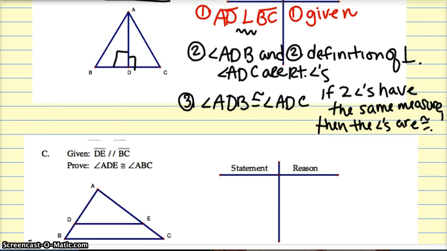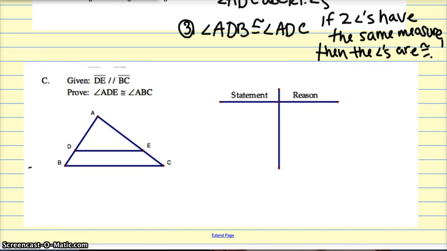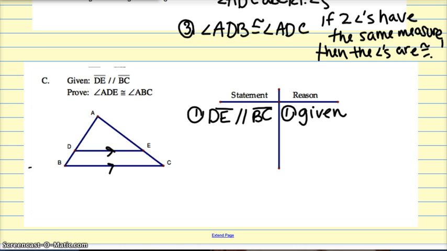Letter C is dealing with parallel lines. Line segment DE is parallel to line segment BC. Because it's given, I'm going to mark it. DE is parallel to BC. We spent much of Unit 3 dealing with parallel lines, and usually when we had parallel lines, if lines were parallel,